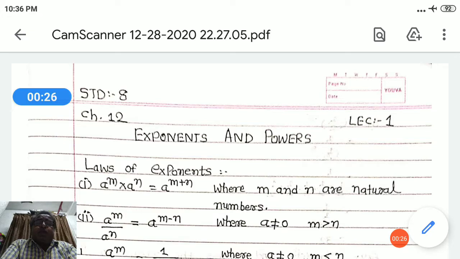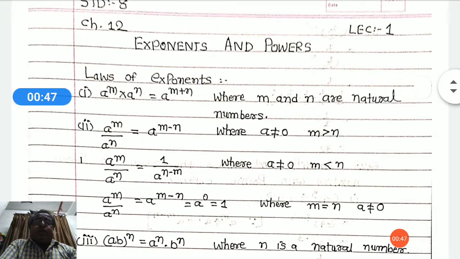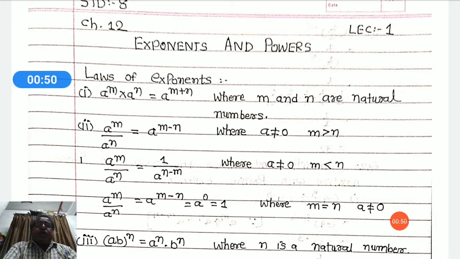First, a^m multiplied by a^n is equal to a^(m+n), where m and n are natural numbers. Second law, a^m divided by a^n is equal to a^(m-n), where a is not equal to 0 and m is greater than n,